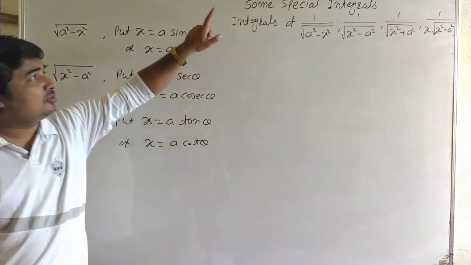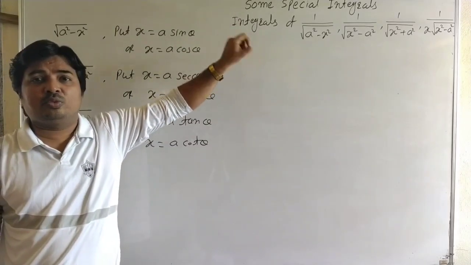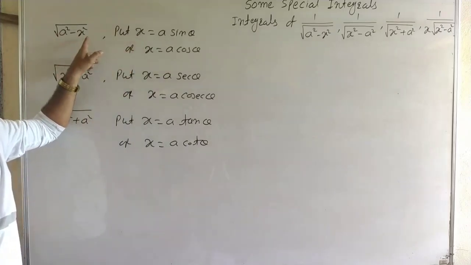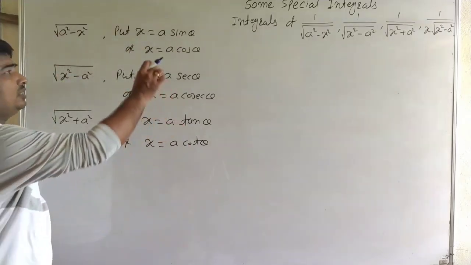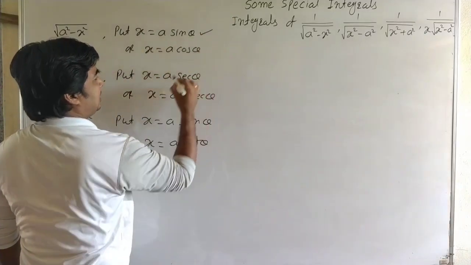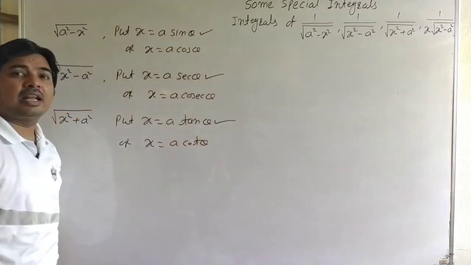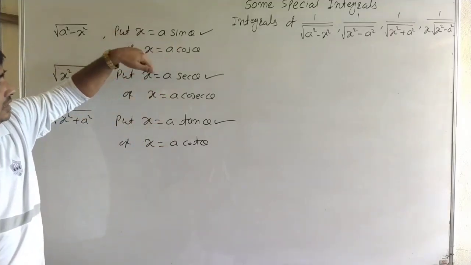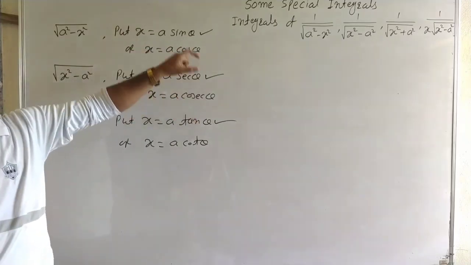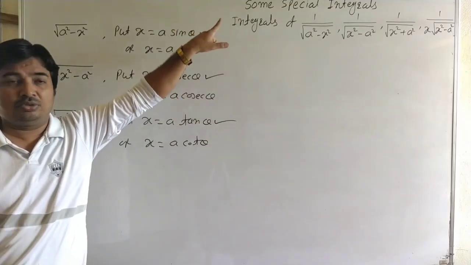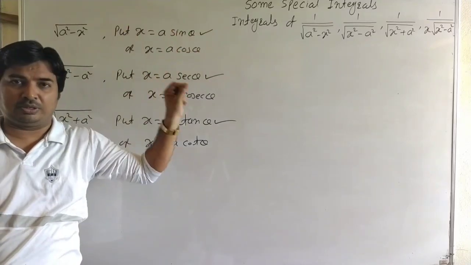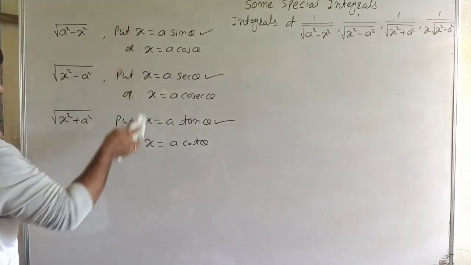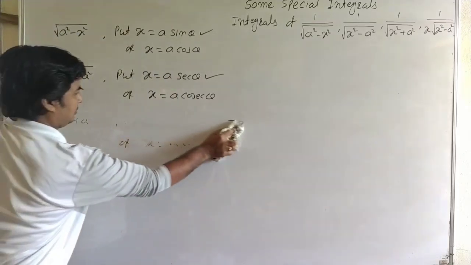To find the integrals of these special integrations we use the special substitution, that is when under root of a square minus x square we put x is equal to a sin theta or x is equal to a cos theta, but we use a sin theta, a sec theta and a tan theta. We can also use the second substitution, anyone, okay, but we use a sin theta, a sec theta and a tan theta to find the integrals of 1 upon under root quadratic function, okay. Now see one by one. Here remember these special substitutions.